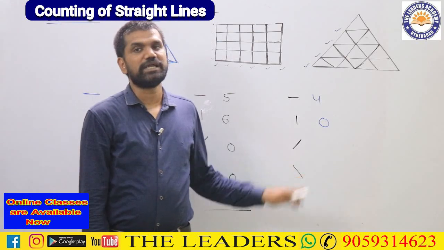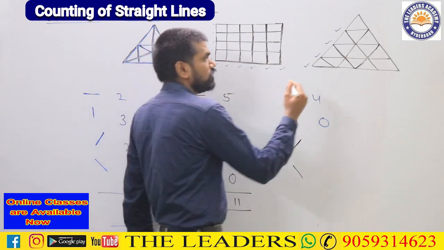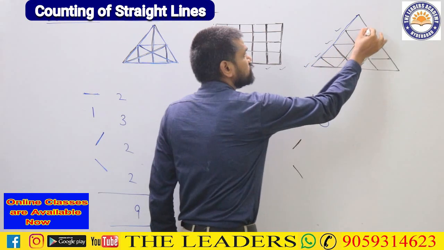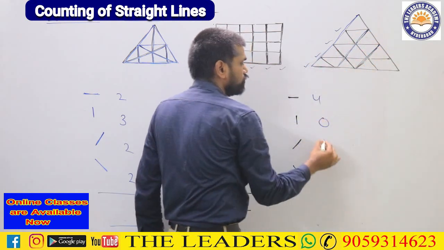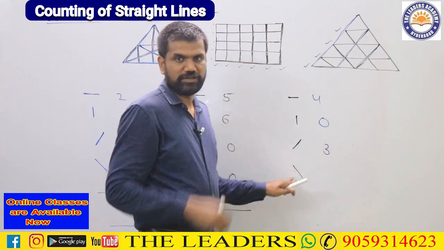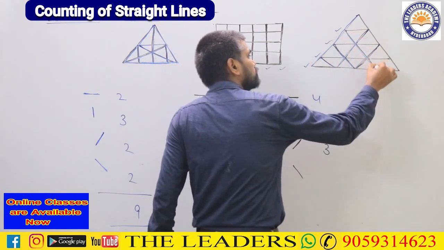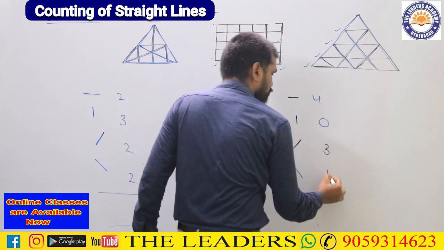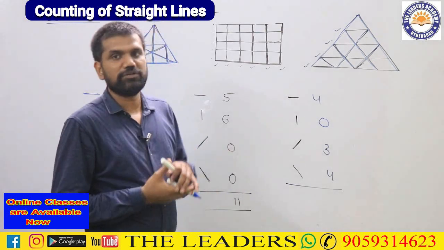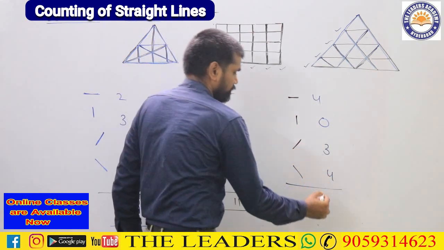Further, when you go for the slant lines here, the slant line which is looking like this, which is bent towards right, how many are there? This is 1, this is 2, this is 3. In total we have 3. Slant line which is looking like this, which is bent towards left side, how many are there? 1, 2, 3, 4. So in total we have 4 lines over here. In total, if you check the total number of straight lines in the diagram, when you are adding all these 3, it will give you how much?